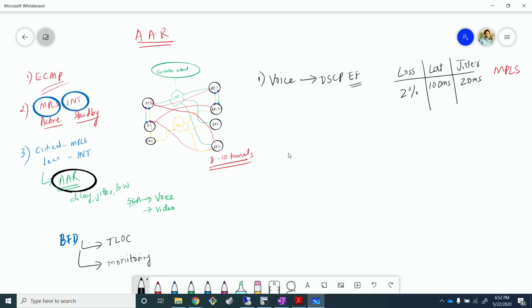Similar is the case for the second one, which is going to be some kind of business application, for example FTP. FTP is a business application. Now the loss here, I don't want to prefer anything. I would want SD-WAN to decide it for me, whichever transport it wants to pick. So I'm not going to define a specific transport here. But coming to the values, I can play around with them. I can say something like 3% loss,